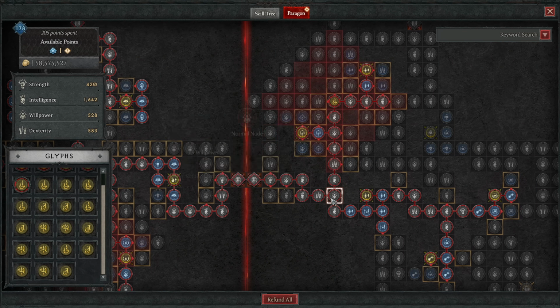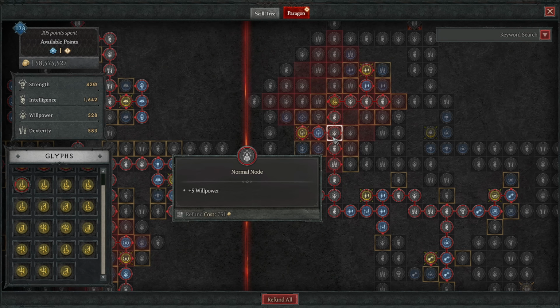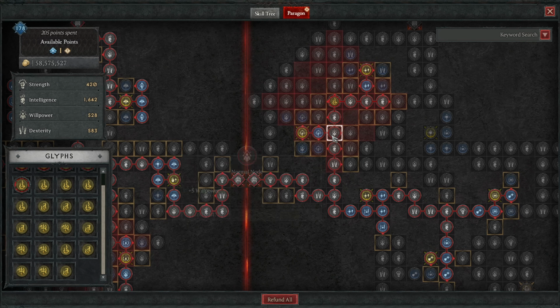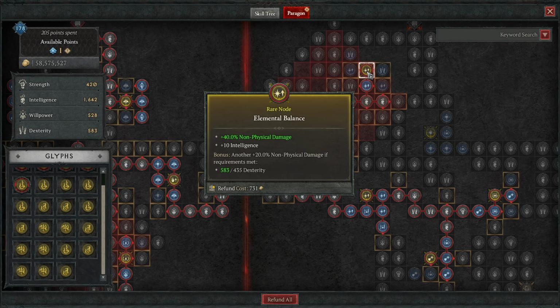Immediately, though, you want to head right to this willpower up to the glyph where we have Unleash. The mana is nice, the 8% multiplicative increase in damage is also nice, and increasing the non-physical is very nice too. It's just a really solid glyph. Get left, get tactical, and then go right, grab the int to finish activating it, and then up to Elemental